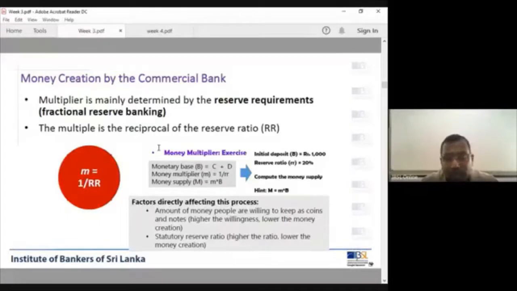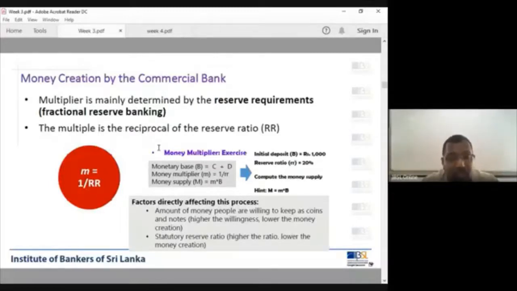So now a reserve ratio of 2% means how much money is created in the economy through the multiplier? 1 divided by 2%, which means 1 divided by 0.02. So what is the multiplier? Theoretically, the multiplier should now be 50. Why? If you divide 1 by 0.02, it equals 50. If you inject money into the economy, base money, that will create 50 rupees in the economy. So in a situation like this, where we need more money and credit growth, it is okay to have more money creation.